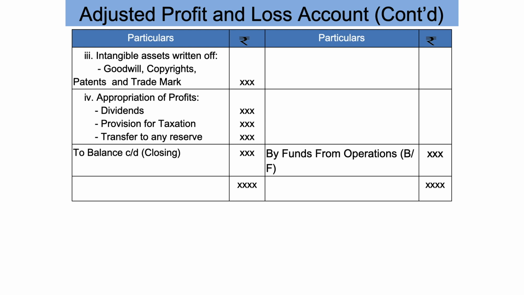In this case, dividends and provision for taxation are treated as non-current liabilities. Suppose dividend and provision for taxation are treated as current liabilities, that will be taken for preparing schedule of changes in working capital. Then closing balance of profit. Here, non-operating expenses are added with closing balance of profit and subtracting non-operating income and opening balance of profit. The balance is called fund from operations. Suppose credit side item is higher than the debit side item, the balance is called fund lost in operations.